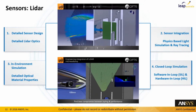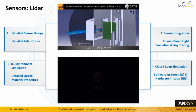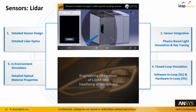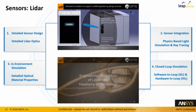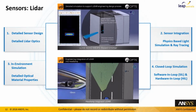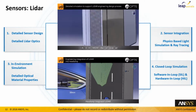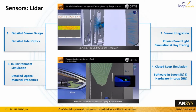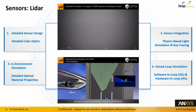More specifically to the sensors, the lidars, you can see a couple of videos that are showing the actual simulation of the optics part of the lidar. The video on top shows how you trace and how it's being projected. And the video underneath shows the environment itself and how the positioning of the sensor will impact the range that you have. At the end of the second video, you can see the spectrum that is being recognized by the sensor based on the position you are applying it to. So all this new capability from Optis is now integrated with ANSYS products, bringing what we call the closed